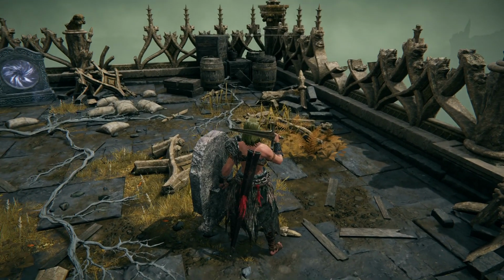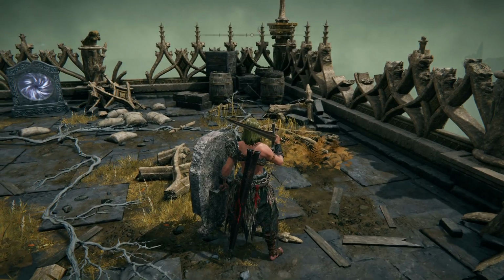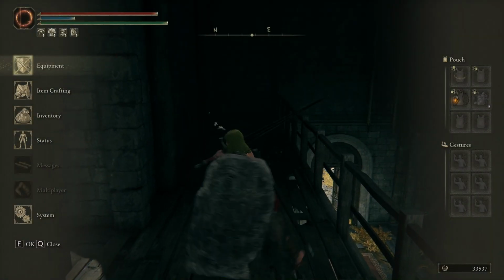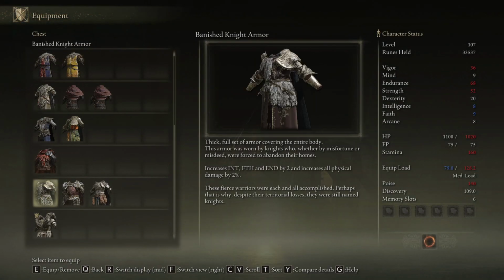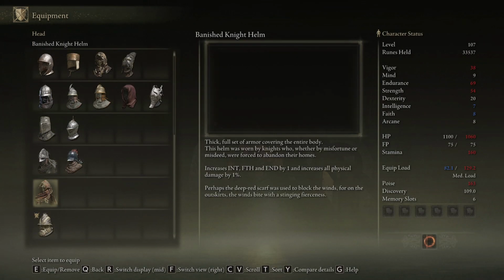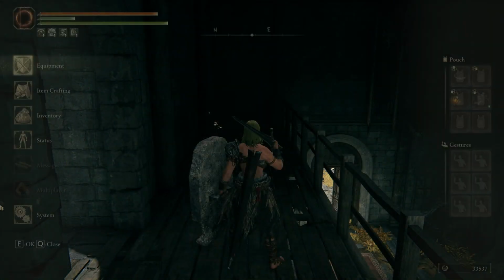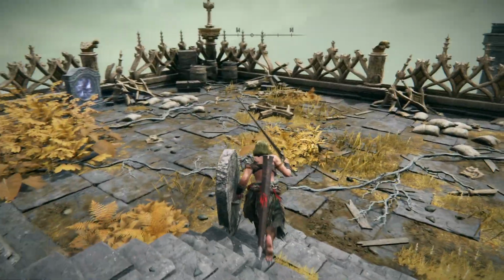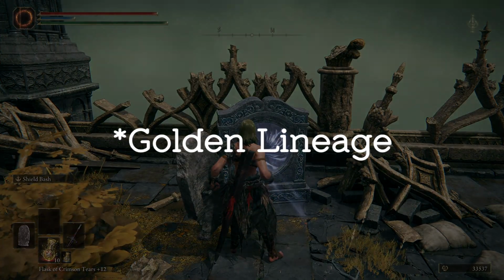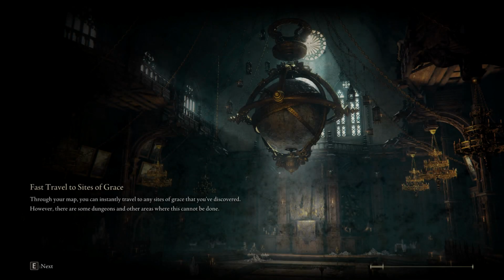Items to note up here are the Stormhawk King Ashes, necessary for Fell's quest, and the Banished Knight Armor, which, if you want to see the stats of it, increases your intelligence, faith, and endurance, and increases your physical damage by 2%. And that is scaled down on the helmet and the other pieces of armor. You will also find a waygate which will take you to the Royal Lineage Everjail, in which you fight a new enemy in Convergence,